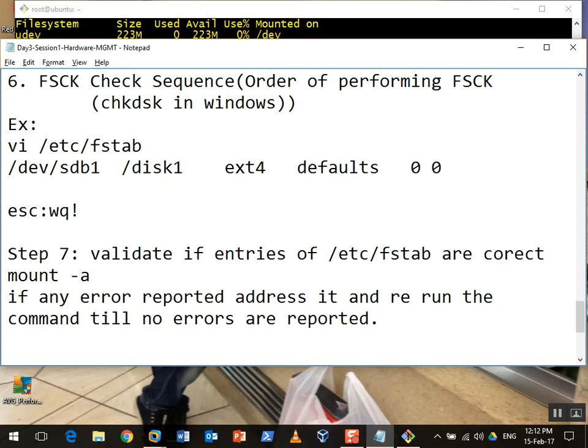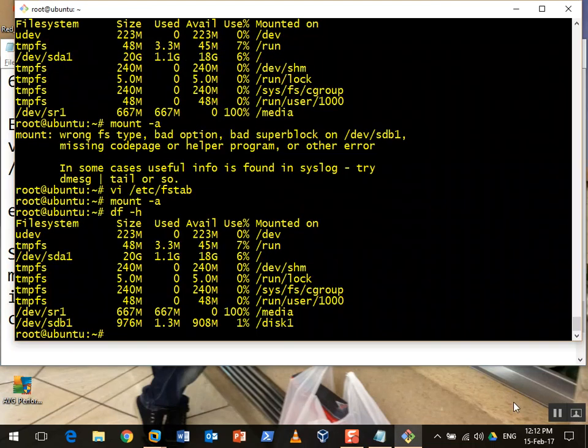Done. Now my disk is ready to be used over reboots. I got a persistent disk configuration, and the disk is working fine there. Okay. So I will suggest that you